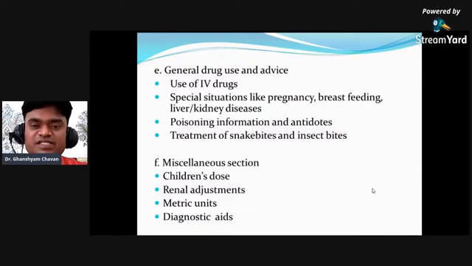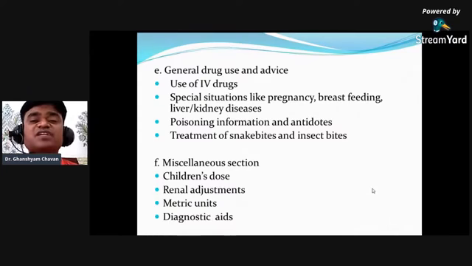Specific situations like pregnancy. Yes, pregnancy is one of the critical issues. Sometimes it becomes a headache if you do not keep in mind that the patient is pregnant and you are giving that drug. Drugs like alcohol-containing drugs, if given to a pregnant lady, can affect the development of the brain. Drugs like antipsychotic or antidepressant drugs, and sedative and hypnotic drugs like diazepam, phenobarbital, produce mental retardation in the fetus if the lady is pregnant.